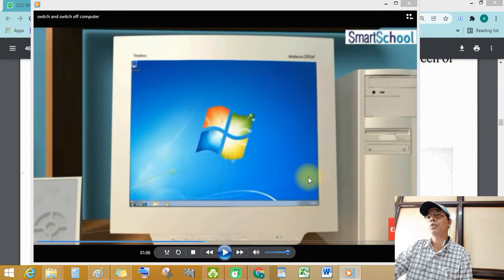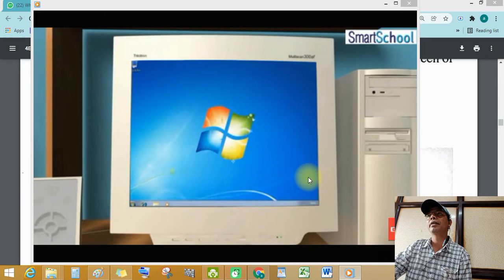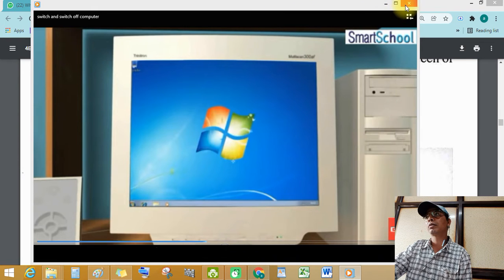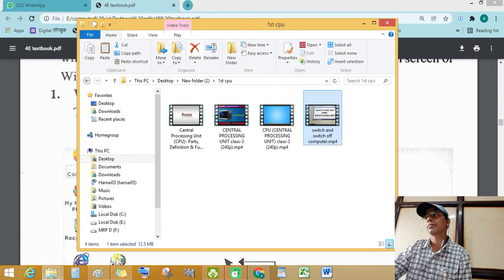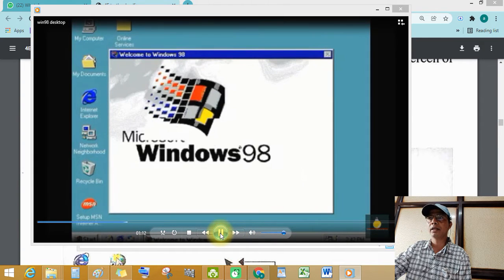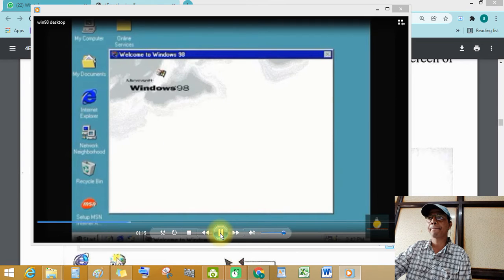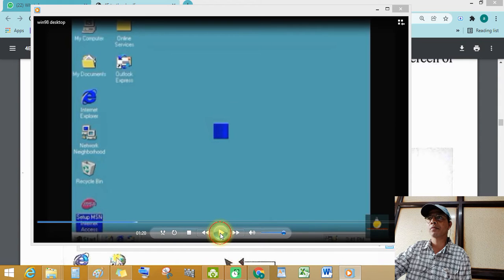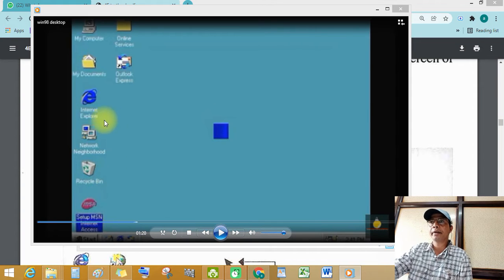So I'll show you the Windows 98 desktop on our screen. Students, see this Windows 98 desktop. These are icons.